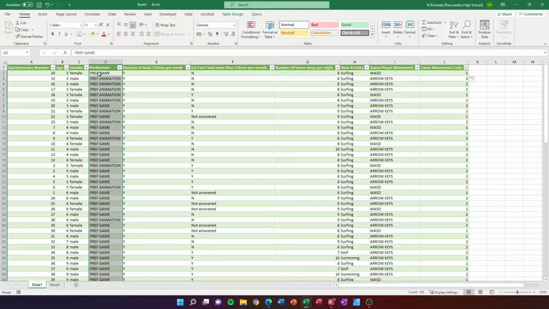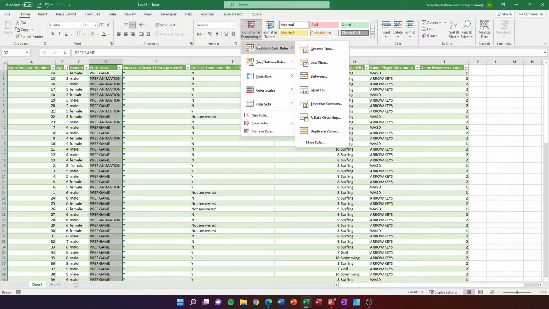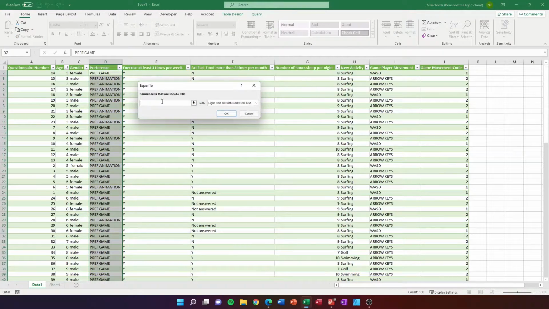As you've been told, conditional formatting will change depending on the condition. So the condition is the word that appears in here. In I go, and there's lots of different sections in here. We just want highlight cells rules. Okay, so highlight cells that are equal to, so if it says something, that means. In this case, if it's equal to,